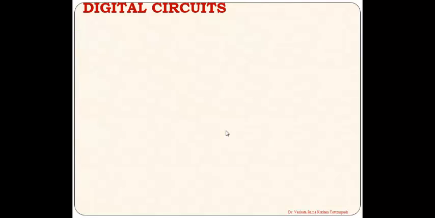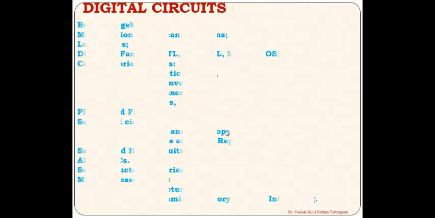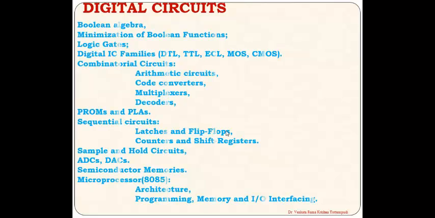Next session, digital circuits. Boolean algebra, minimization of Boolean functions, logic gates, digital IC families, DTL, TTL, ECL, MOS, CMOS, combinational circuits, arithmetic circuits, code converters, multiplexers, decoders, PROM, and PLA, sequential circuits, latches and flip-flops, counters and shift registers, sample and hold circuits,